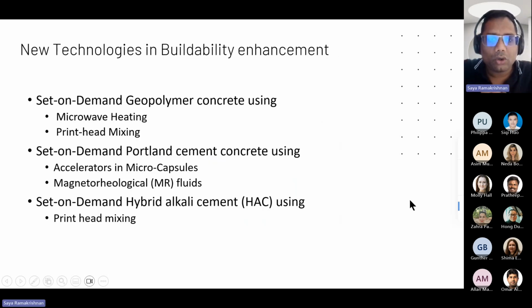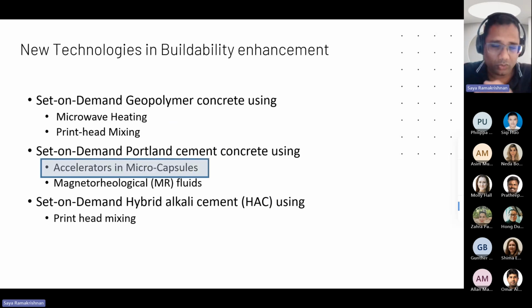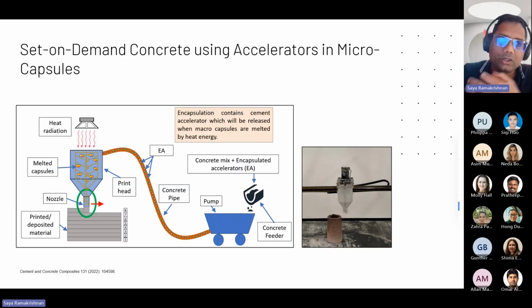So that's a quick overview of the different technologies we use in geopolymer concrete for meeting active rheology control, or set on demand. Now we look at Portland cement concrete, which is very commonly used concrete. For Portland cement concrete, we use a technology called accelerators in microcapsules. The technology here is that we use the accelerator as capsules in the initial mixing, and those capsules are